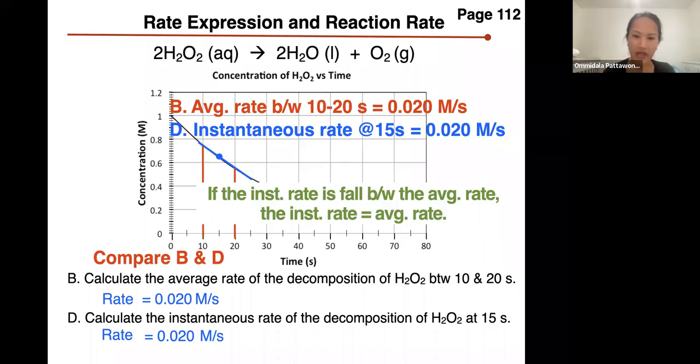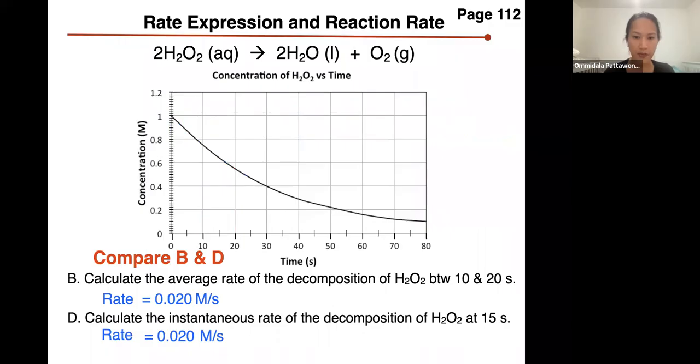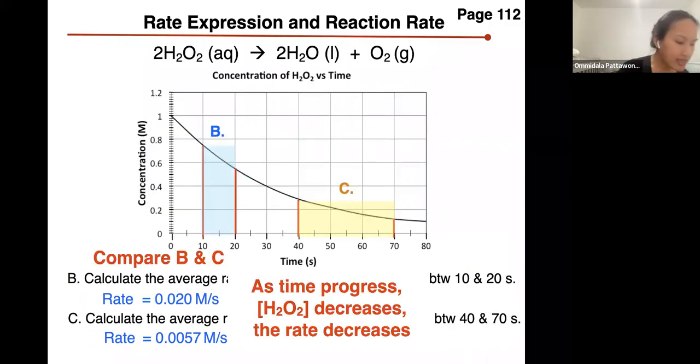Okay, so what do I mean by that? Let me go back to the previous graph real quick. So this one right here, if you're looking at C, we're looking at 40 to 70 seconds. Think about this: if I want to know the instantaneous rate at 50 seconds, so if I want to know this point, what should be the rate? Well, we see that this instantaneous rate at 50 seconds falls between 40 and 70 seconds. So therefore, this instantaneous rate at 50 seconds is going to equal the average rate between